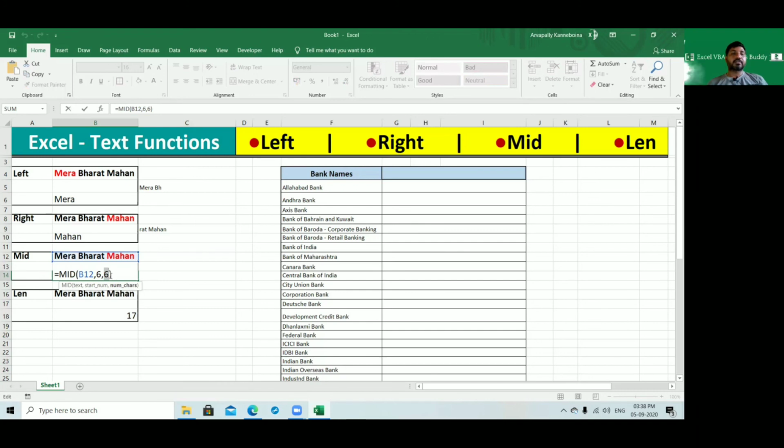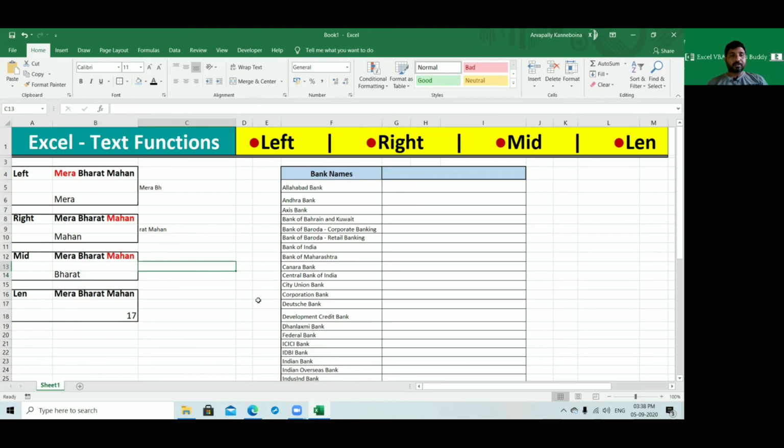We need Bharat, which has 6 letters, so we give 6. The result will be Bharat.